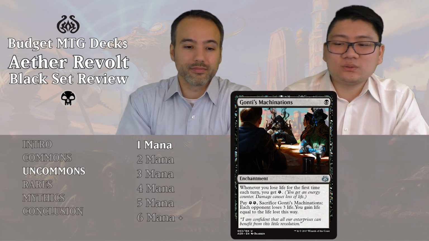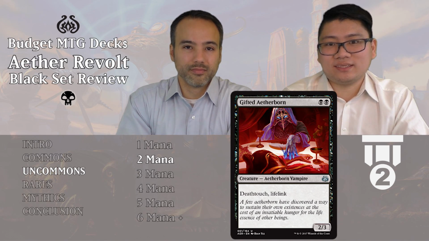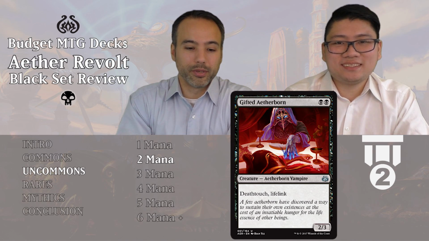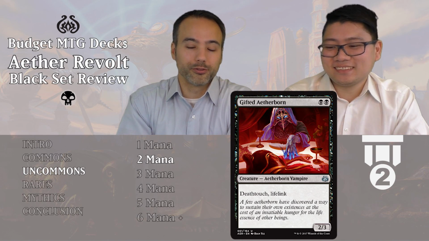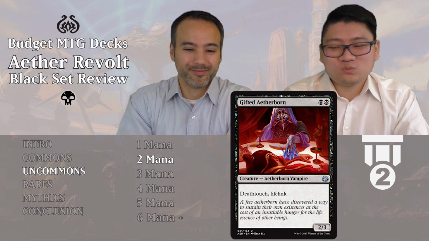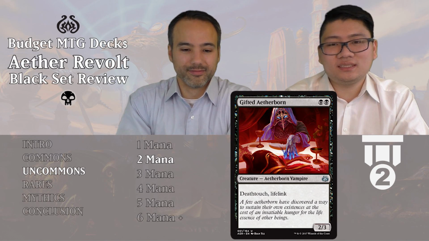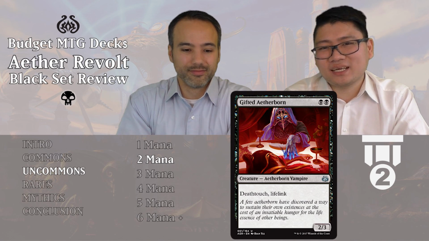So Gifted Aetherborn, 2 black, a 2/3 Aetherborn Vampire with Deathtouch and Lifelink. We've seen something like this before. Vampire Nighthawk, exactly. But this is Walkie's Vampire Nighthawk. So this one's going for a stroll. This is just really good. Deathtouch, Lifelink, 2/3 for 2 mana. That's really nice. It has to be 2 black though, so that's a bit difficult, but still a tier